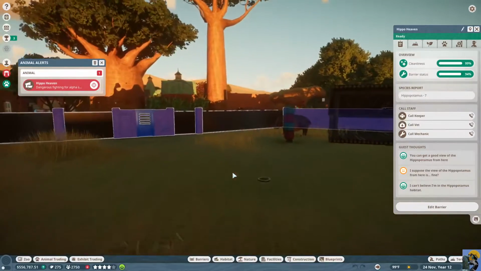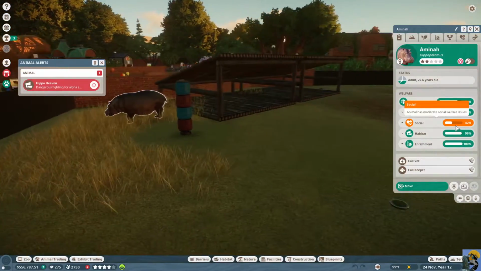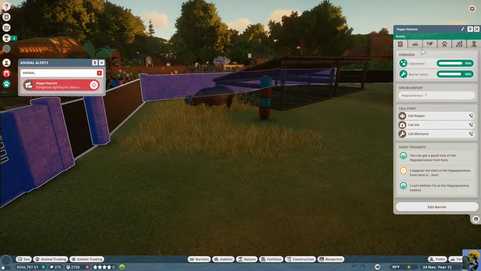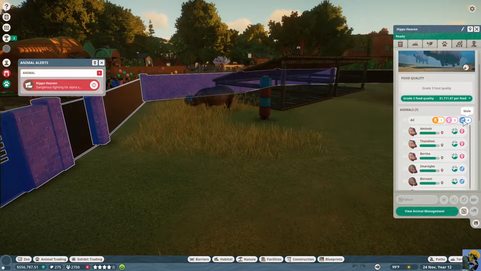Alright, let me pause it so I can handle all this. So Hundy didn't get pregnant now because we have too many males that have matured in this habitat. Alright, let me go and check out animals. And then, so we have 3 females and 4 males. Let me look into Zoopedia